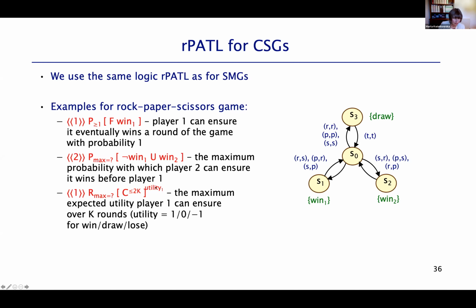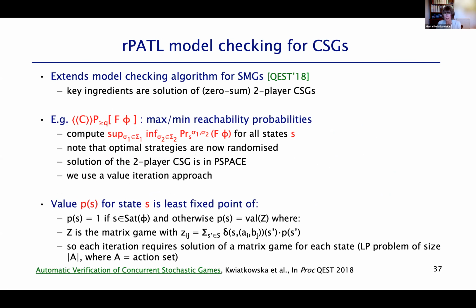But there is a typo here, this utility should be there. So this is an example of a reward property where I can talk about the maximum expected utility that player 1 can ensure over k rounds, okay? And the utility here can be 1, 0, or negative. So the logic, as I've mentioned, is the same, but of course the model checking is much more involved